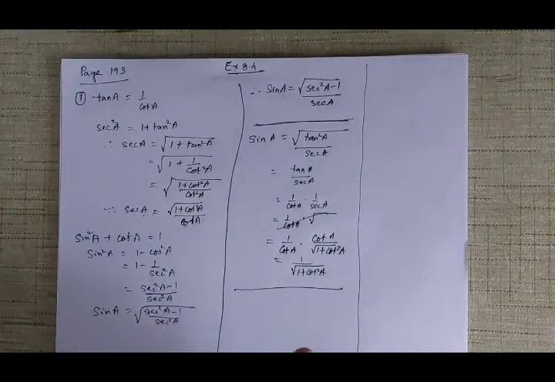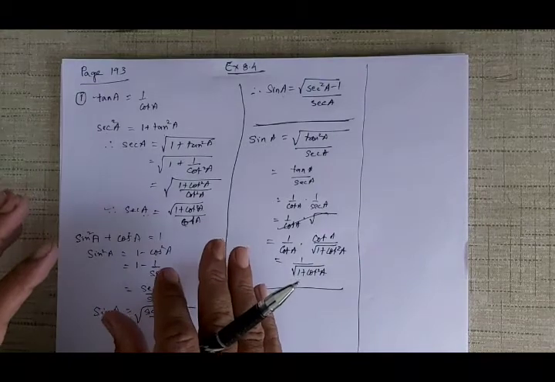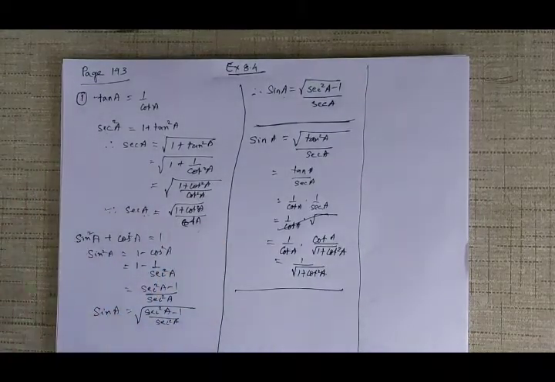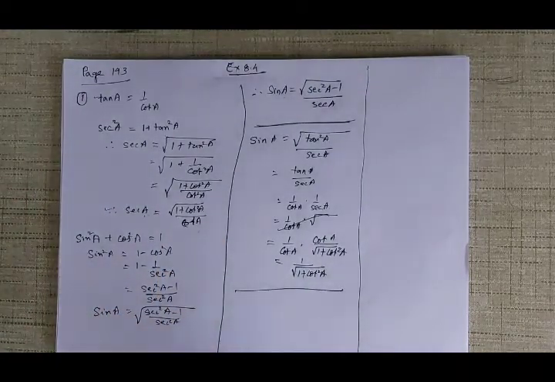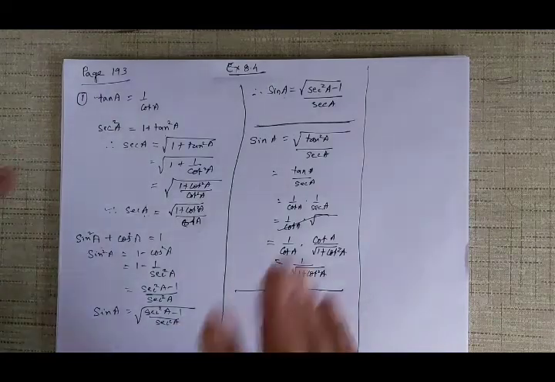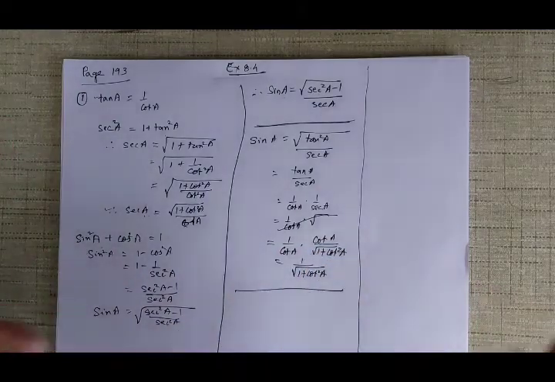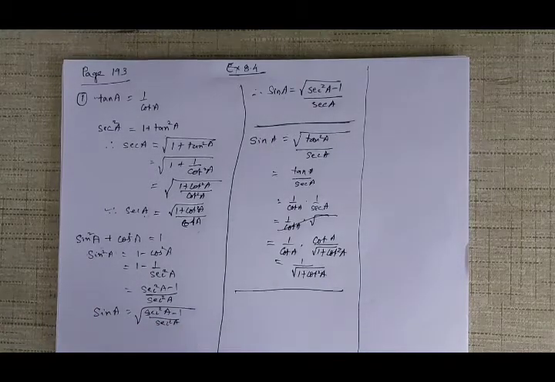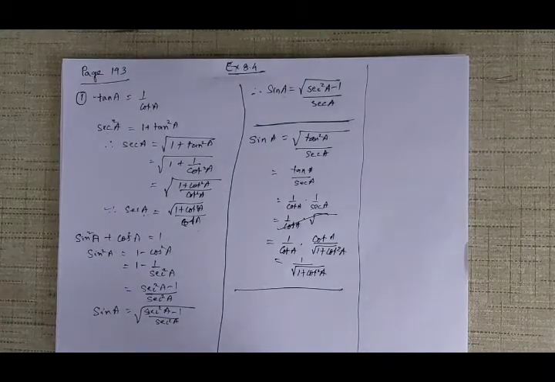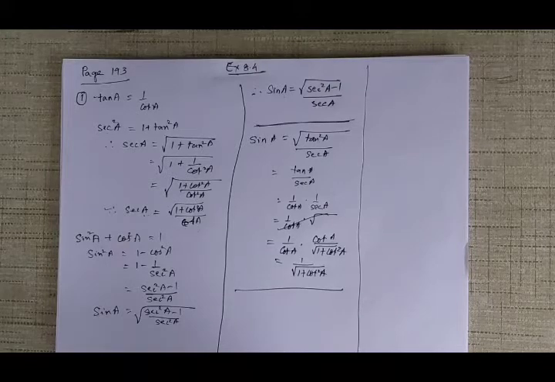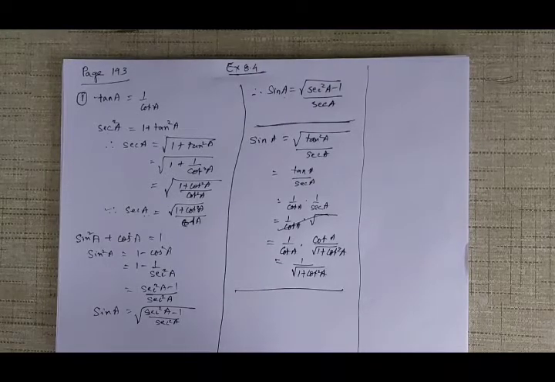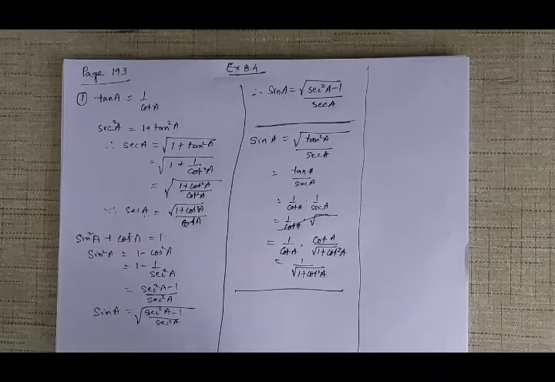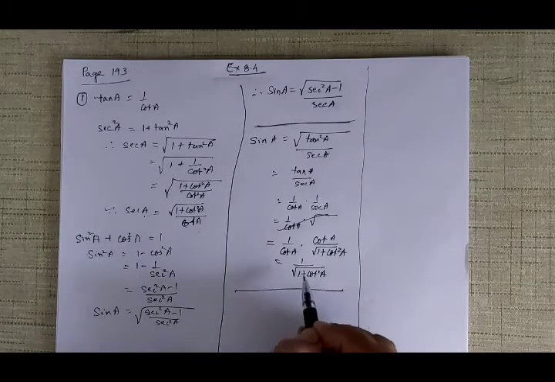See, there are different ways of doing it. I have done it in one way, you can do it in a different way, another person can do it in a different way. There is no fixed way of doing it. The relationships that we use must be correct. You must be able to use the relationships correctly, otherwise you will not be able to get it.